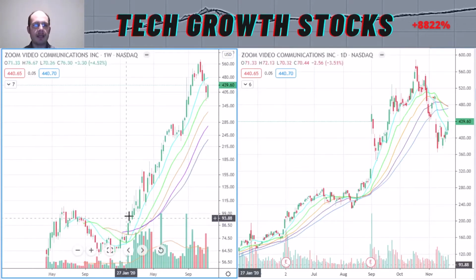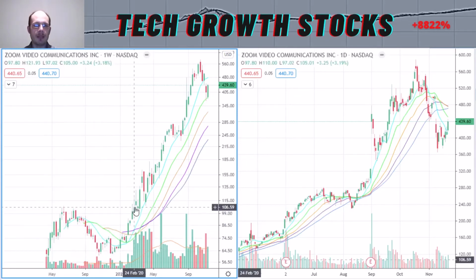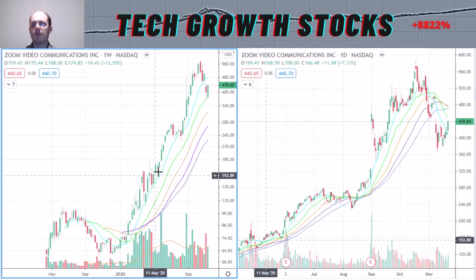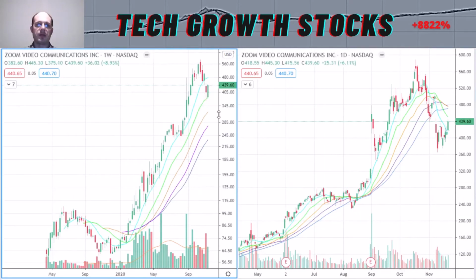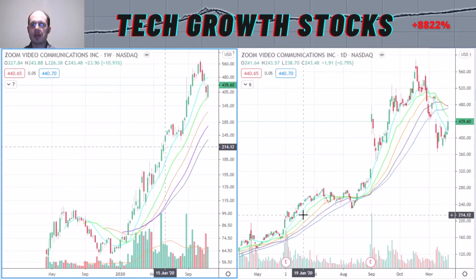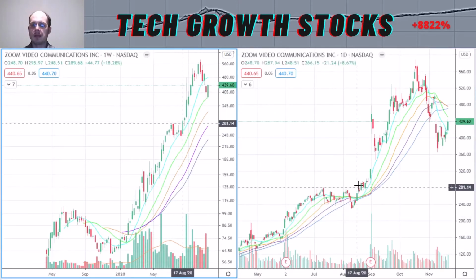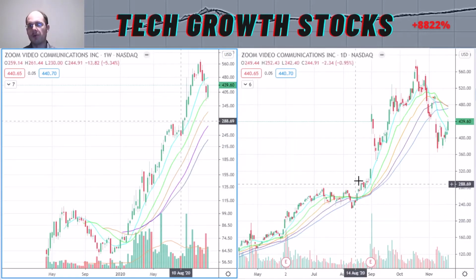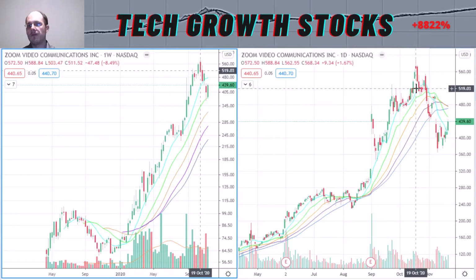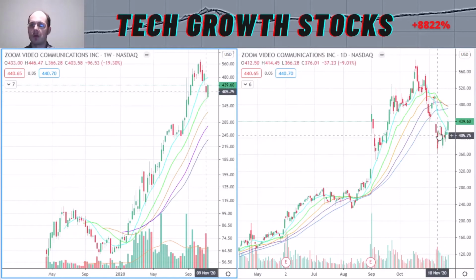Okay, you can see it built a nice IPO base here in the longer term chart, and let's say this year around March it broke out of that IPO base and formed a very strong and nice uptrend. So yeah, Zoom Video, in the short-term chart you see a strong uptrend for Zoom Video Communications, and as you can see, we made a high. Recently, we made a high in October 19,